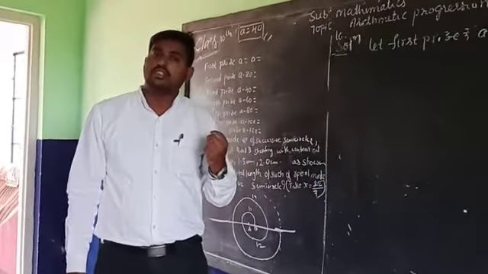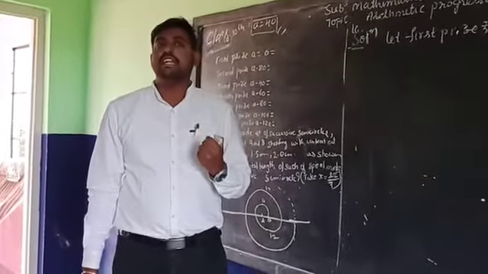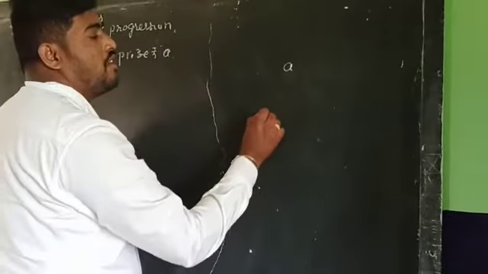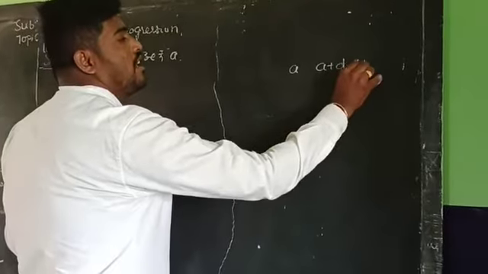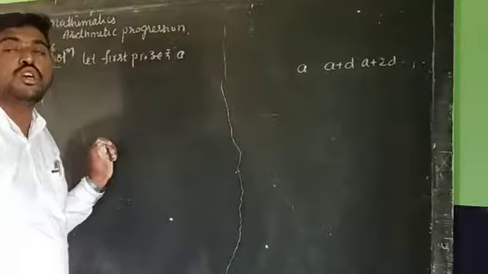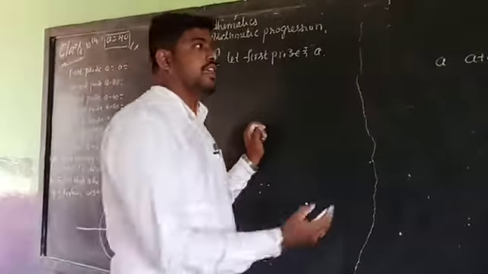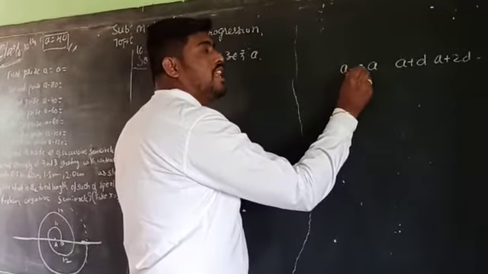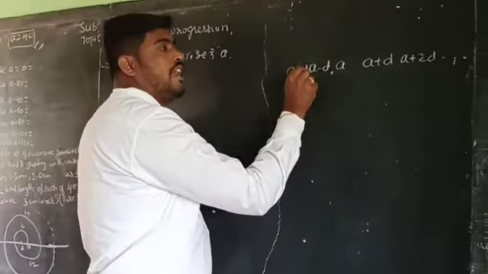What do they ask in this question? The preceding prize. Preceding means the previous term. So A is the general term of the arithmetic progression: A, A plus D, A plus 2D, A plus 3D, up to the first term, second term, third term, up to the nth term. This is the general form of arithmetic progression. Next, the previous term means A minus D. Next is A minus 2D. Is it right?